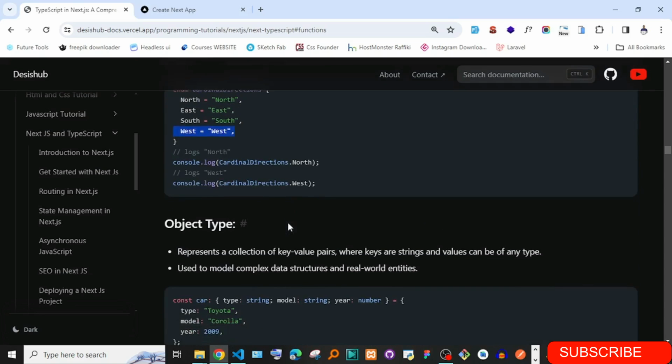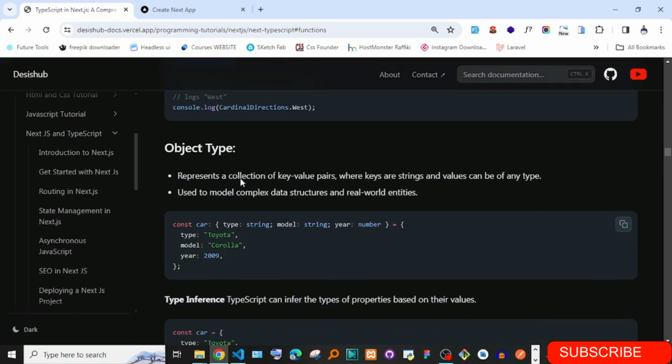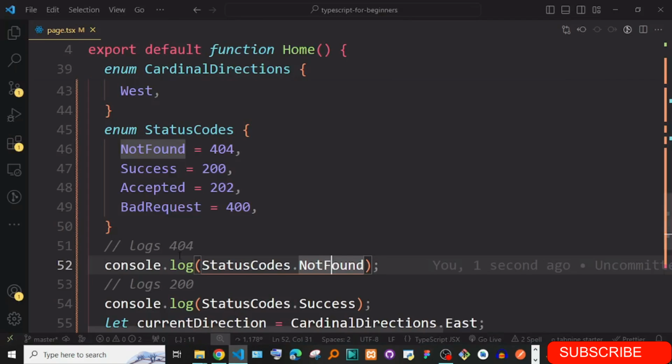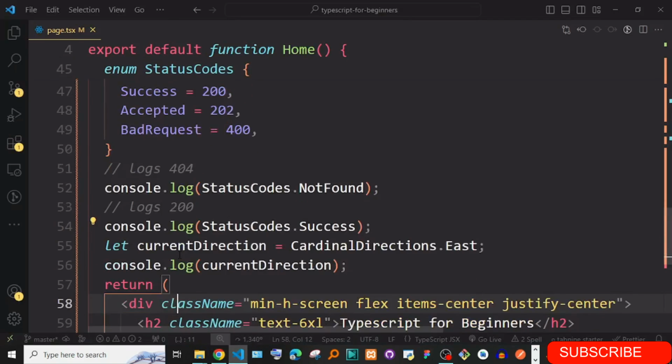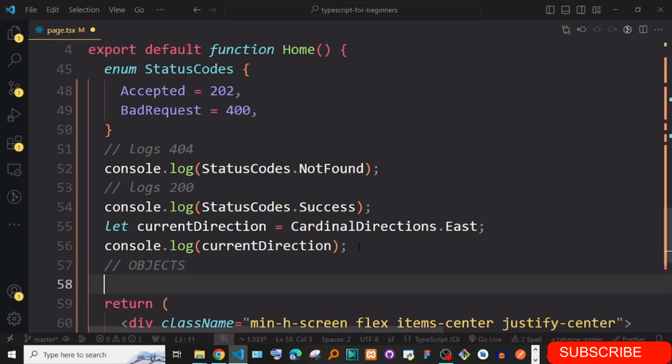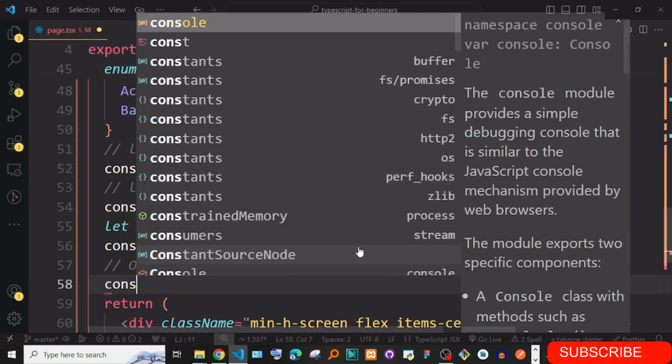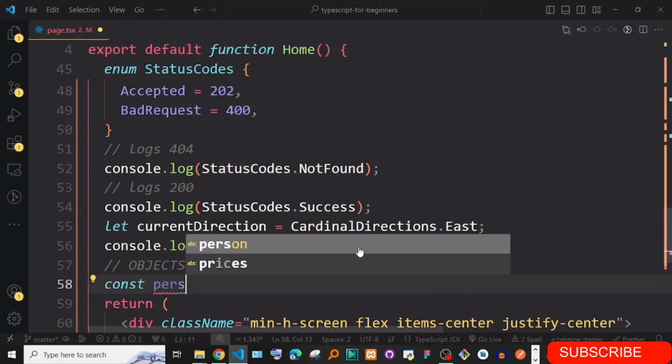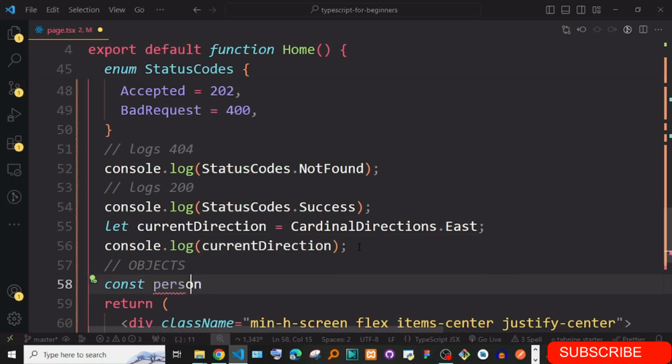Speaking of which, let's talk about objects. Of course, we all know the normal JavaScript objects. So down here, I'm just going to say objects, and in TypeScript, we know you can say const. I don't know if we already have person somewhere, and I think we already have person. It just says student.